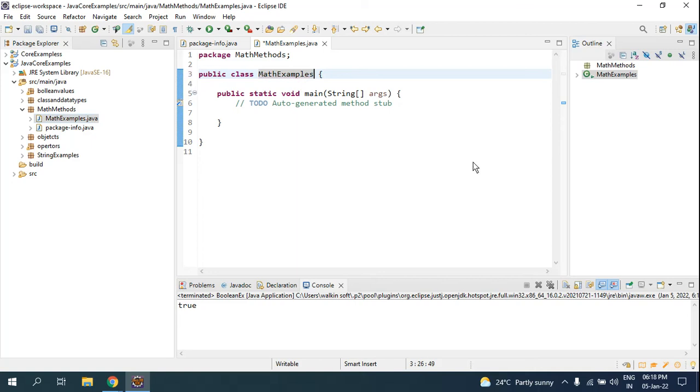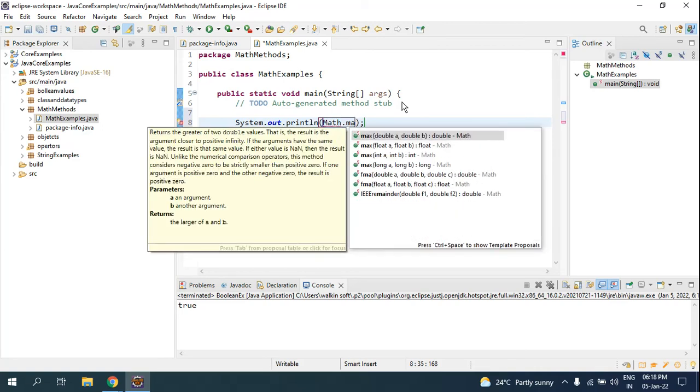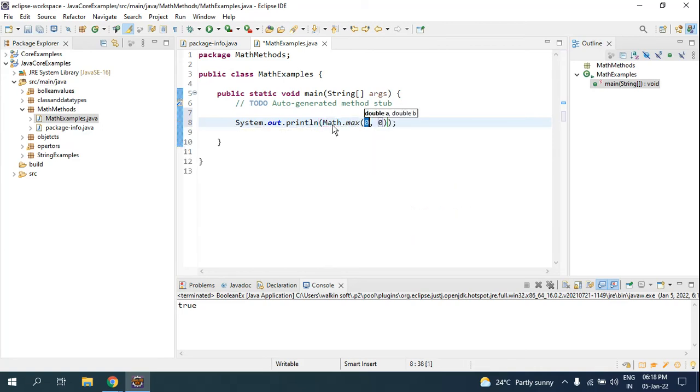So here, what are all the math methods you are going to get from Java to your application? The first one will be math.max, math dot max. This method compares two values and gives you the output of whichever is the highest one.